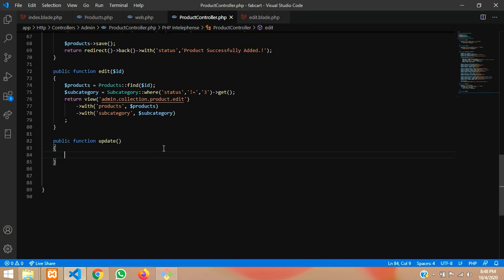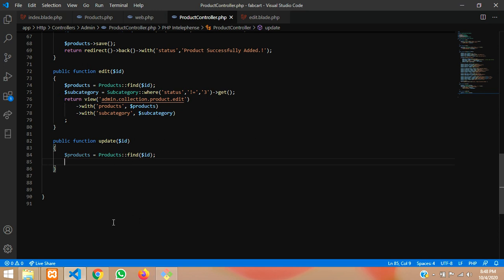Over there we will sort out this ID. We will take that ID which we are passing in the route. So through that we will search this product ID, and then we will update all the things. So for updating also same, you find things, everything.